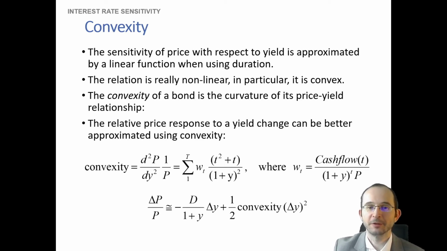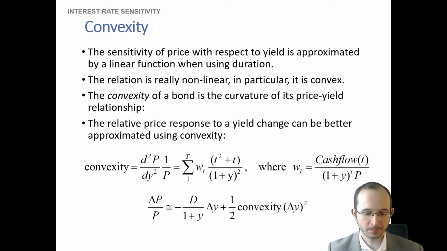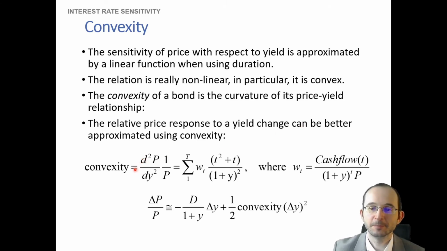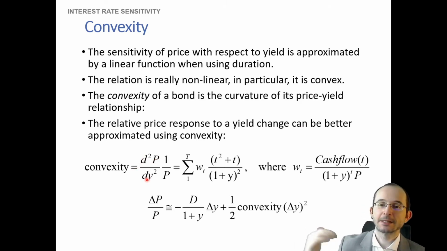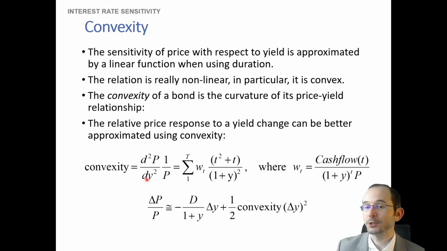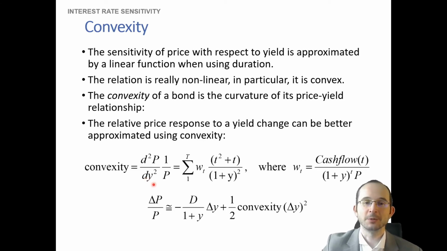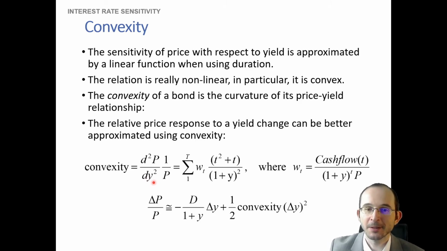So what is the formula for convexity? Well, if the duration was the first derivative of price change with respect to yield, it should sort of make sense that the next step to improve our approximation, if you think about a Taylor approximation from calculus, if we want to capture nonlinearity, we should probably think about, as a next step, a second derivative. So let's do just that. And in fact, what we see is that the convexity of a bond is the second derivative of price with respect to yield